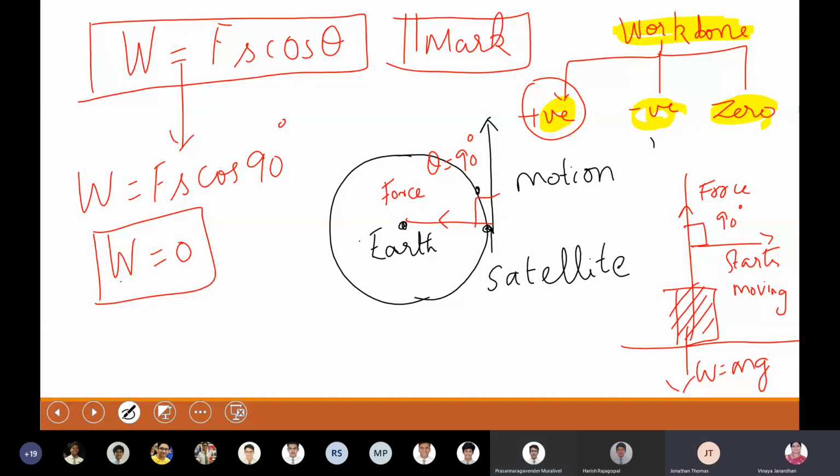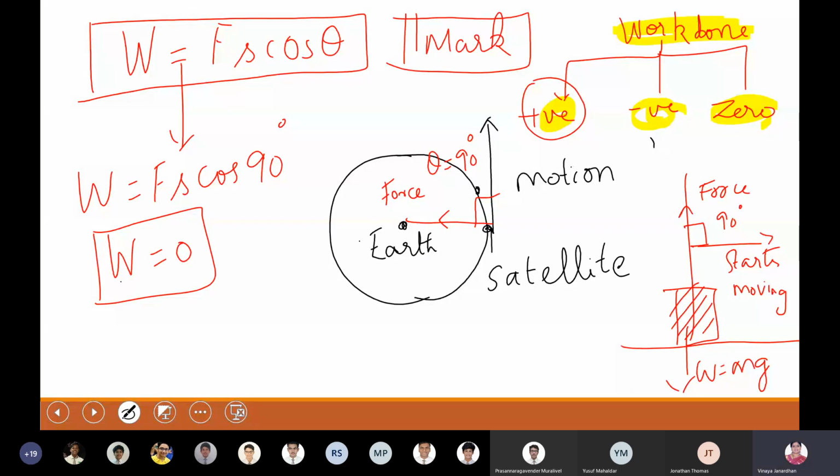Ma'am, but when you're lifting, there's upward displacement, right? If the object is being lifted, then there's displacement, right? See, the displacement is virtual, the object is not really moving. You're moving, and along with you, the object is also moving. When you sit in a train and the train is moving, but you are at rest inside the train. But for another passenger who is looking on the platform, for him, you are in motion.